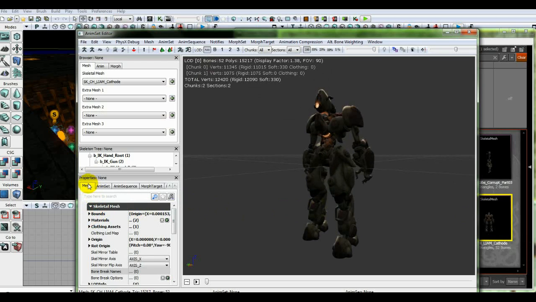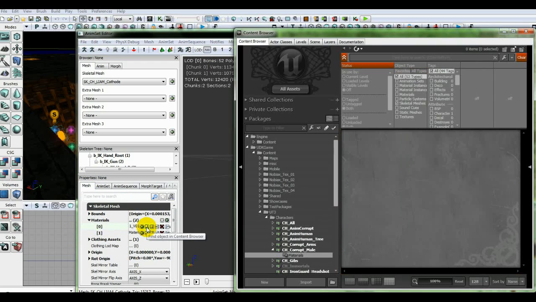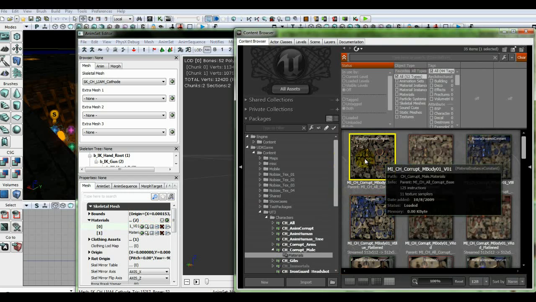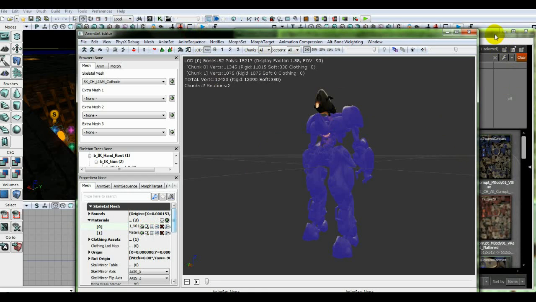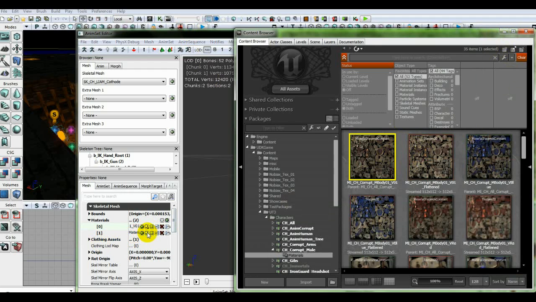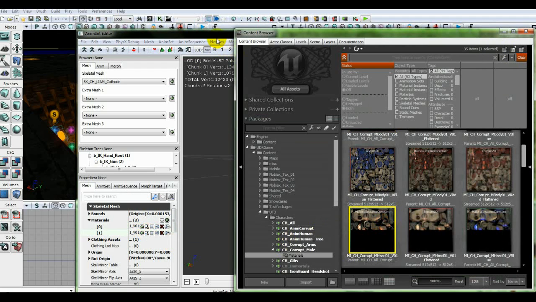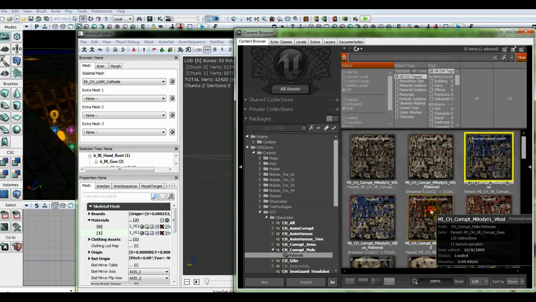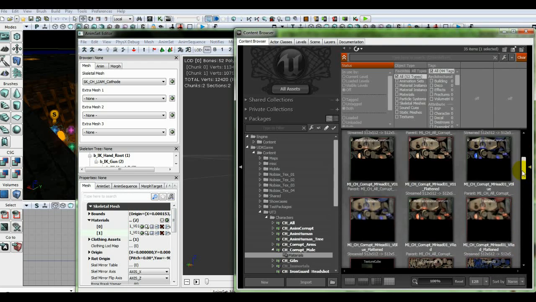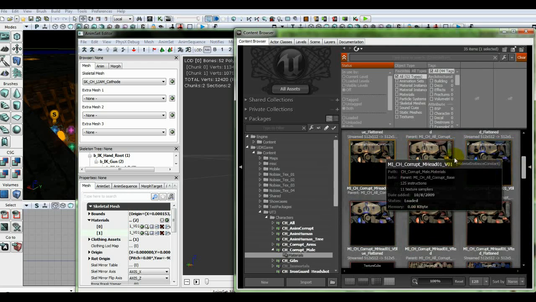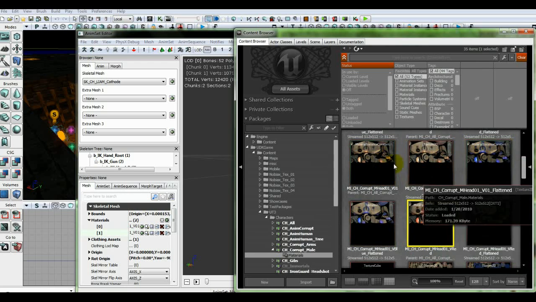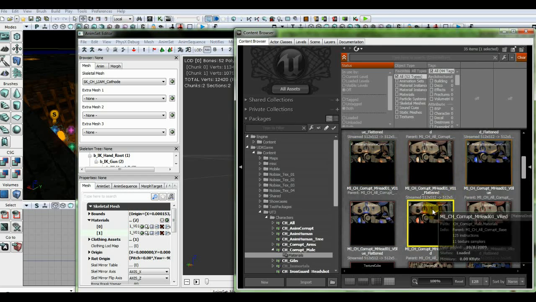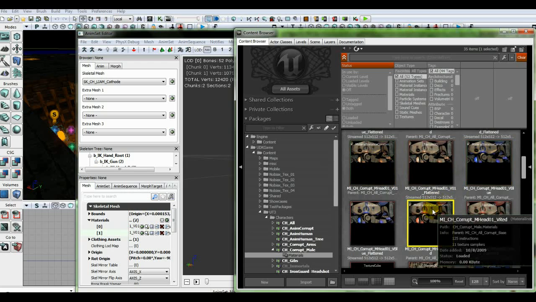you can go down to mesh in properties and drop your materials open, and then if you click the magnifying glass you can find what materials are used for what. So that is the default material that's being used for the body, and this is the default material that's being used for the head. It does have two separate materials, and then there are blue and red body materials and blue and red head materials in addition to the default,